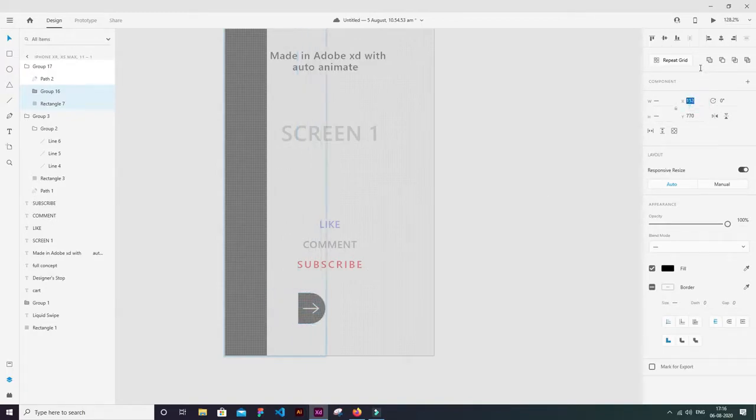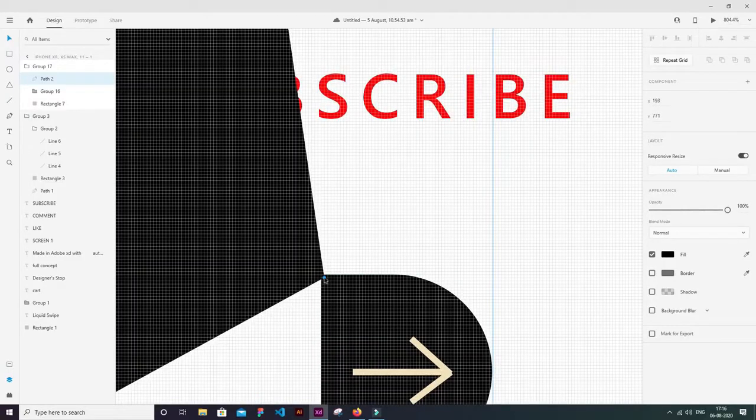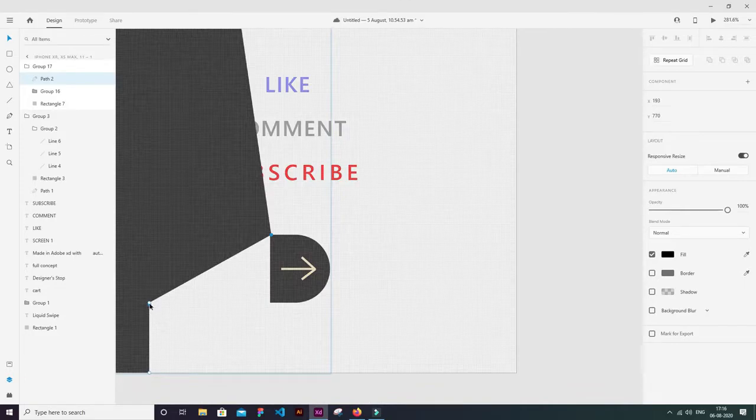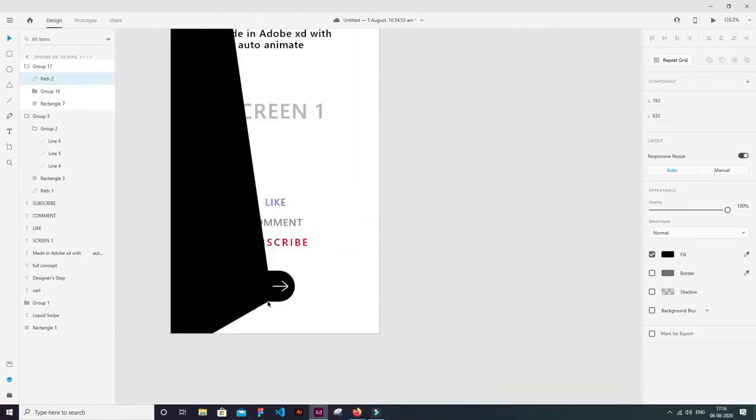Move this a little bit further, and then press this upper dot and move it right here. Yeah, and press this lower dot and drag it right here. This should be aligned.